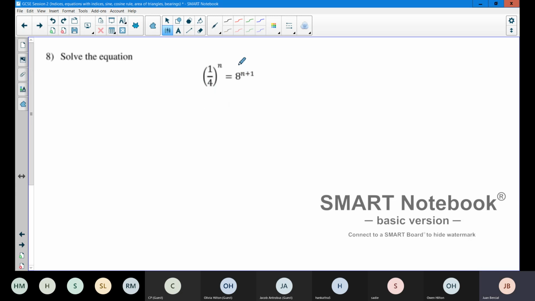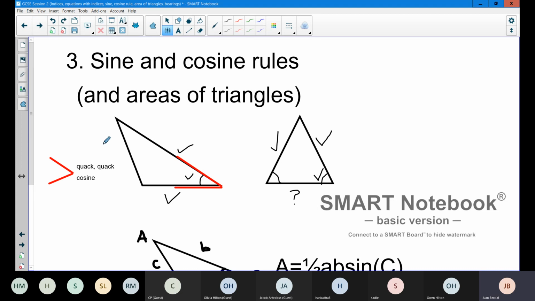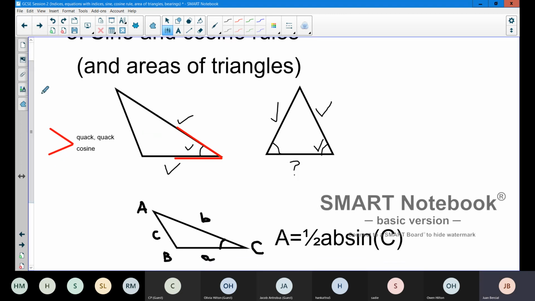And same with this one, we will have to put everything as a power of 2. Okay, so now we move into the sine and the cosine rule. I use this mnemonic rule: if you know adjacent sides and the angle in between, you use the cosine rule, which, remember, is c